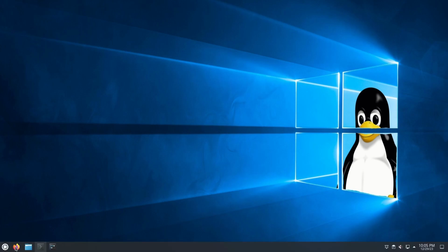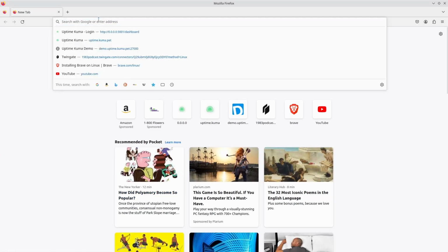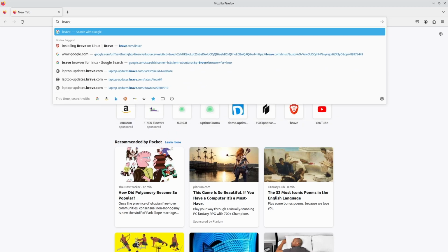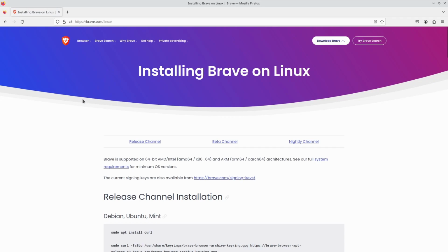But let's go ahead and use Firefox to show you. And this is just me typing into Google. I think this is Google. Yeah, Google. Installing Brave on Linux. There we go. I've already looked into it. Don't let this deter you from trying to install a browser using the command line. I could be wrong. I believe at one point in time you could click download Brave and it would download